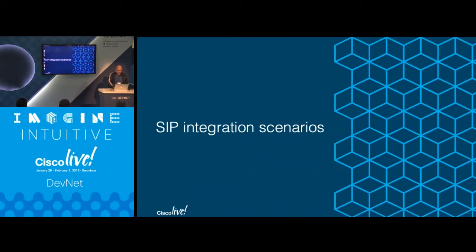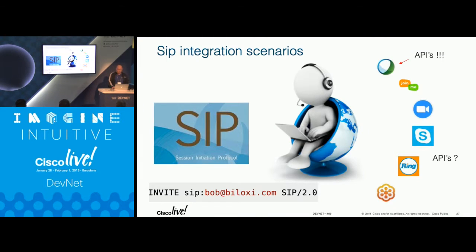And why is that? Well, we have APIs that are available, via REST or HTTP over XML or XAPI JavaScript that control what we can control, right? So WebEx stuff. But there's a whole bunch of other services out there,